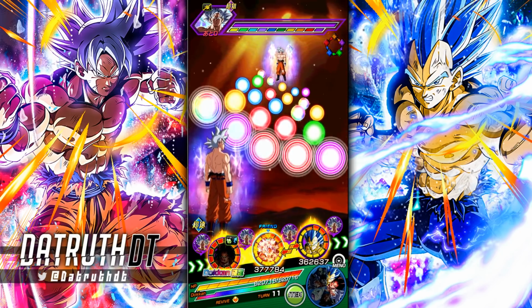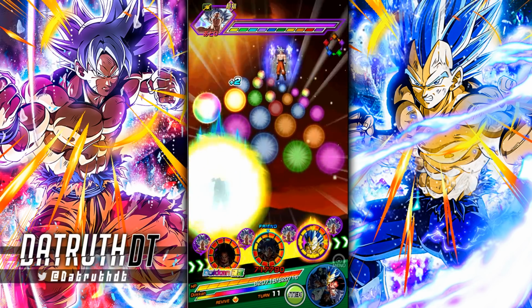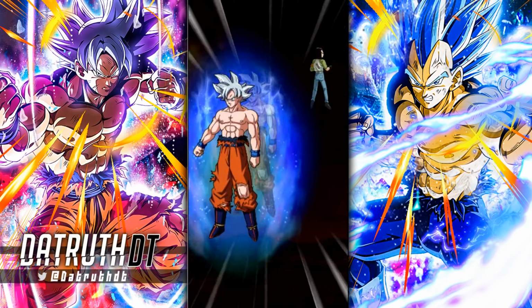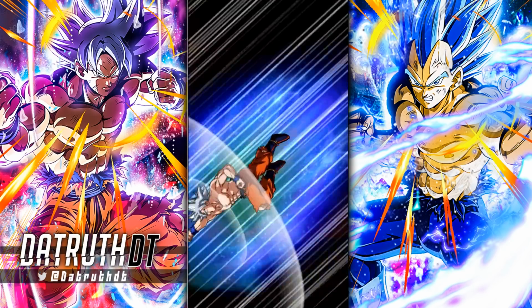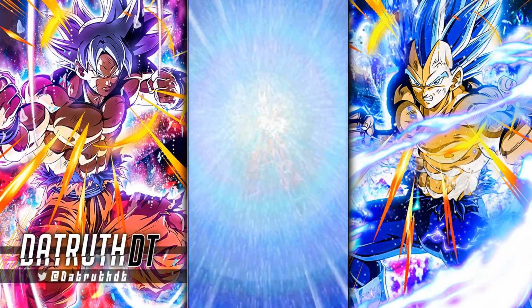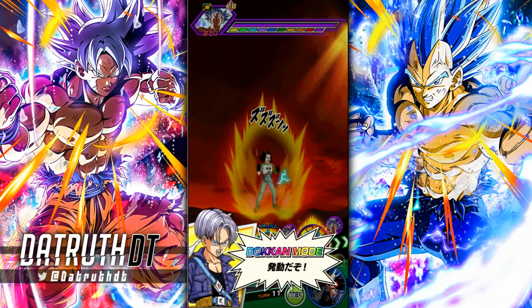I think before they super attack, let me see. They do. Okay. All right. This is going to do a lot of damage. Again, for a summonable LR dropping right now, this is too much damage I think they're going to take. Yeah, that's a lot against Int UI Goku, who's about to be...